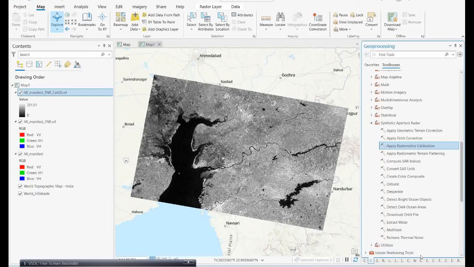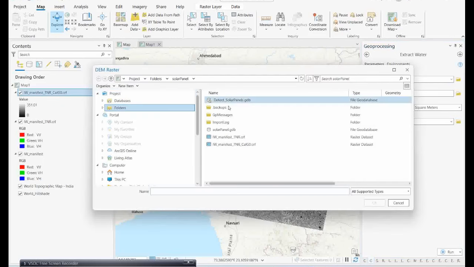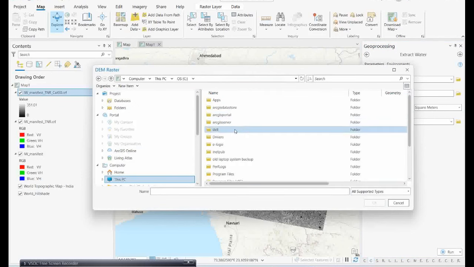What I'm going to do now is directly extract the water body. So I will click this Extract Water. For the input raster, I will give my calibrated information. That's all. One more thing you need to do is give the input of the DEM, which I already downloaded for this location. So you see, if I go into DEM download, my DEM will be here